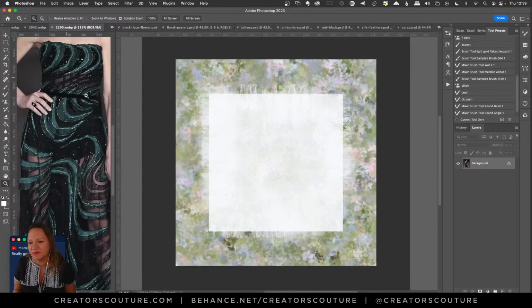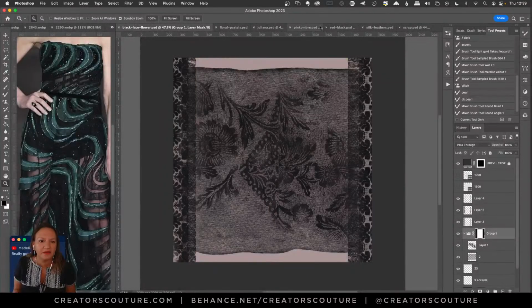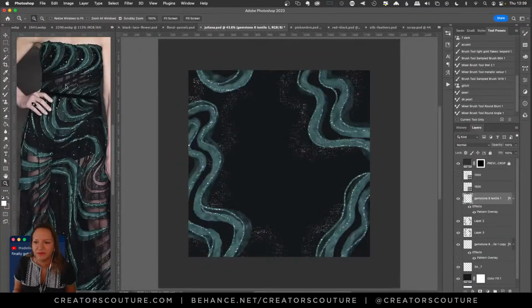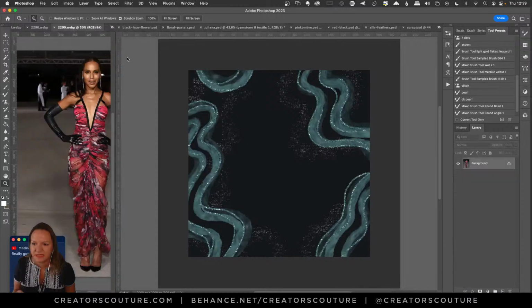So this look I thought was really fun. I thought this would be cool to bust out some of the Instagram styles again and creative couture. So I played around with this kind of watercolory sort of motif. It's quite soft there.